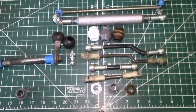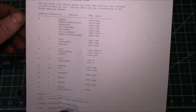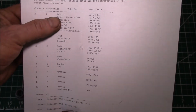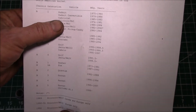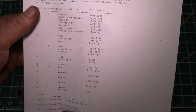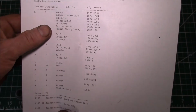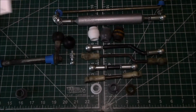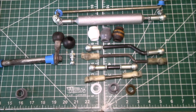The shift weights that we make for the early model Volkswagens. So this is for the A1, A2, and A3 platforms, if you can read that there. I'll put a link to this web page in the video description. But we work with the Rabbit Convertible, Cabriolet, Scirocco Mark 1 and 2, Jetta Mark 1, 2, 3, Rabbit Pickup, Golf, and Corrado models. This is just a typical example of some of the original factory parts and our upgraded